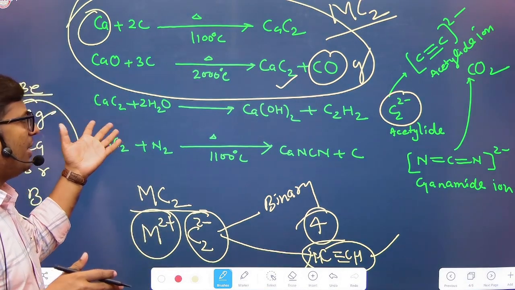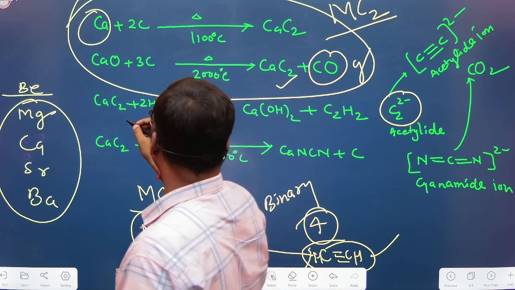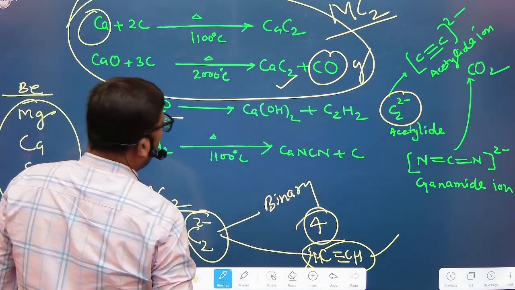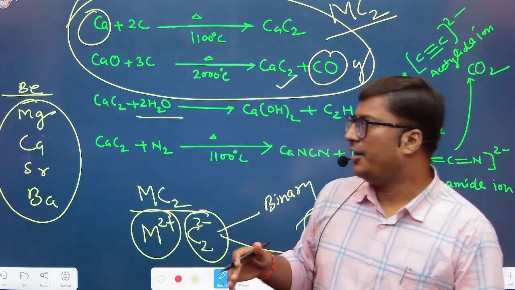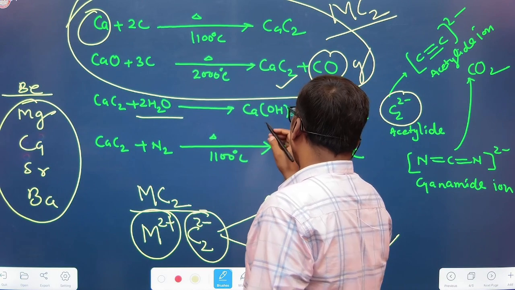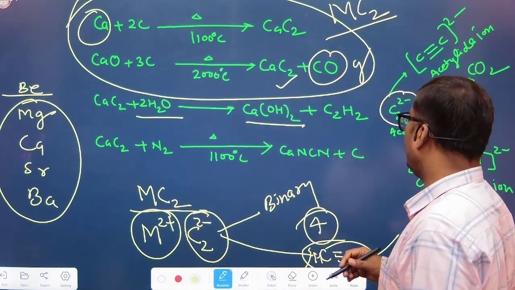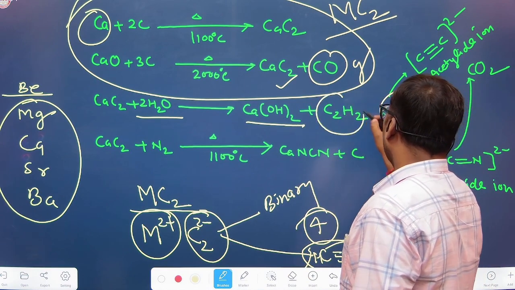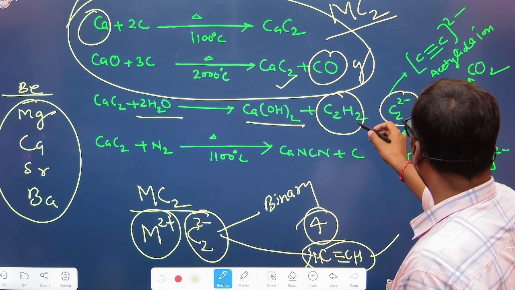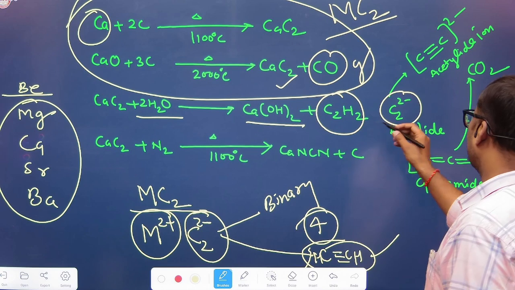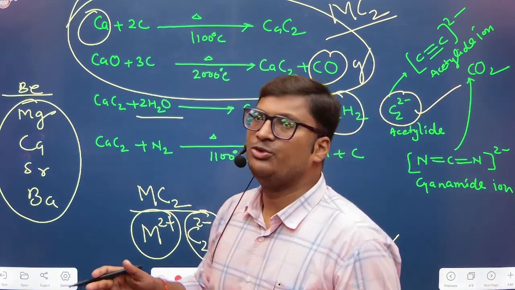So from this particular reaction you can easily understand that calcium carbide, that is CaC2, reacts with 2 moles of water. The reaction takes place vigorously and it requires high temperature, and then it forms calcium hydroxide as an insoluble compound, followed by the release of this unsaturated hydrocarbon, that is acetylene gas. And this acetylene gas, after deprotonation of all the hydrogens, contains the C2 2- type of species. So in simple words you can say